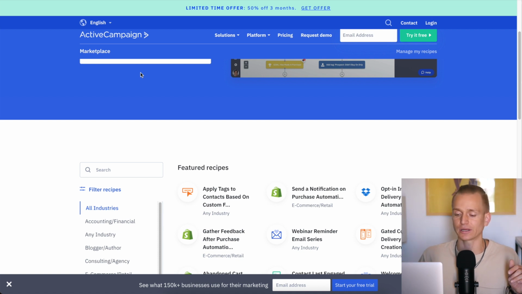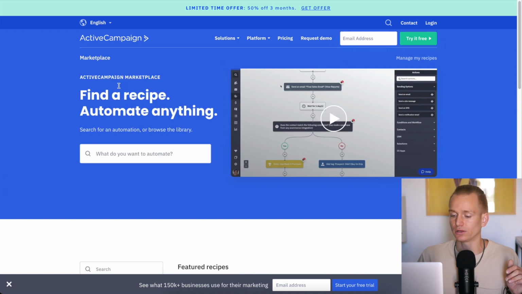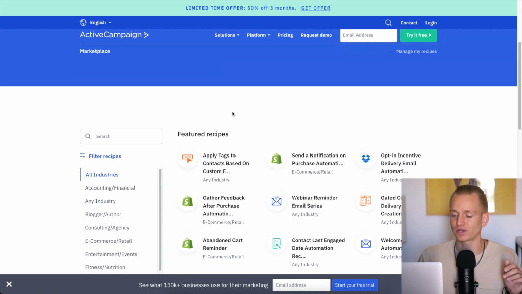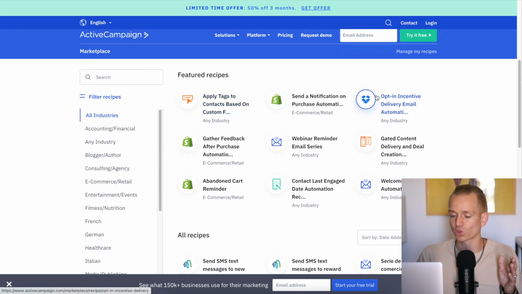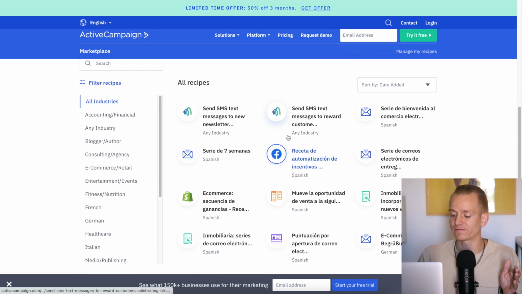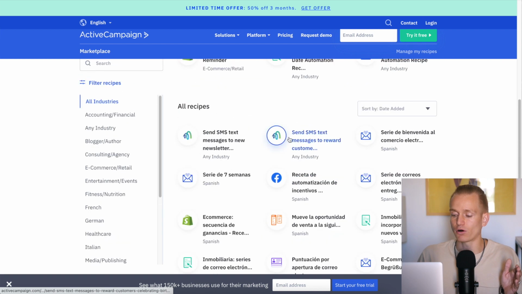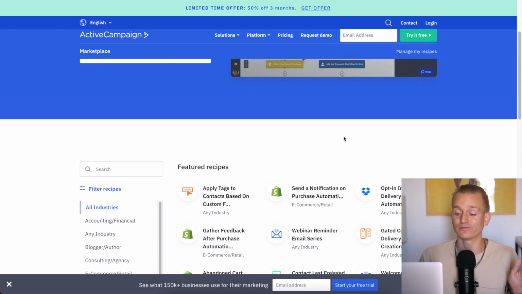You don't even need to create an account. There is a page, I think it's called the Marketplace or something like that. If you type in, I'll try to leave a link as well. But here basically you can see all of the different recipes. And again, there are a lot of these recipes. And this really, I would say, might be one of those reasons why you want to go with ActiveCampaign than